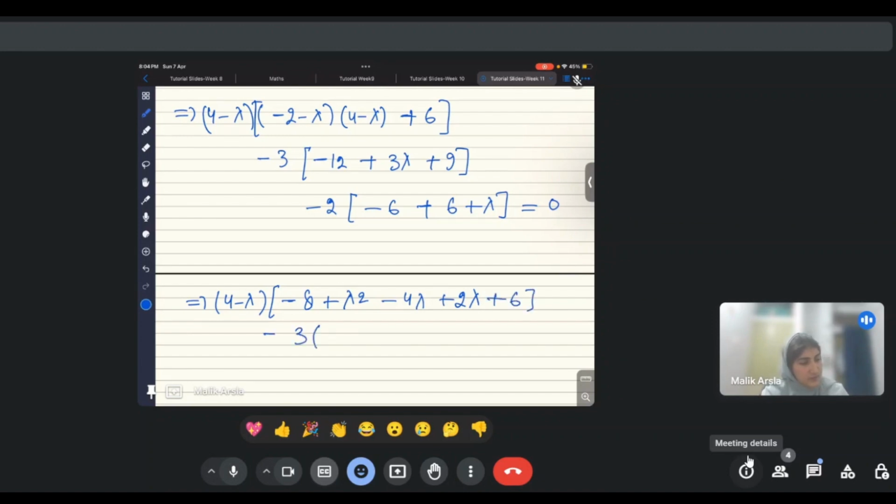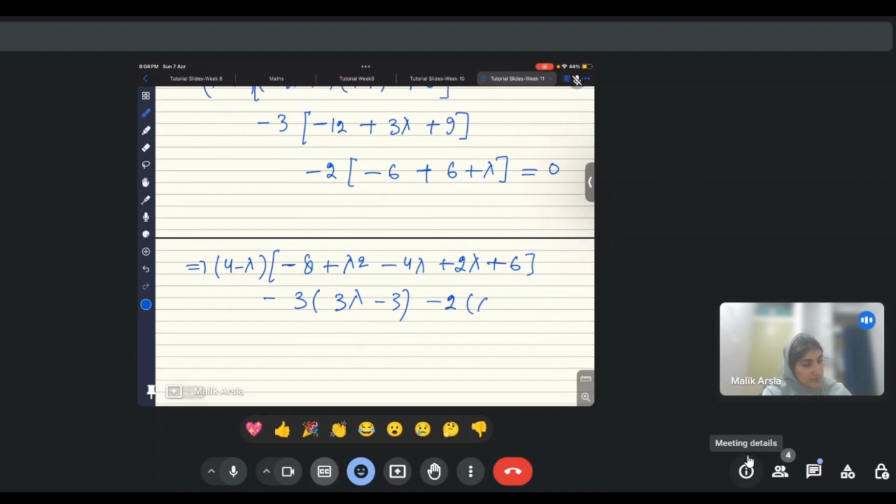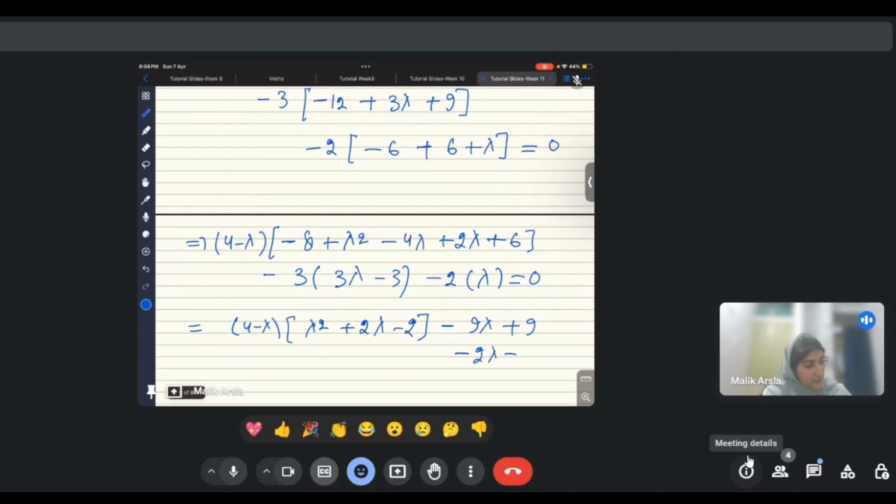Then minus 3 into 3 lambda minus 3 and minus 2 into lambda is equal to 0. So it will be 4 minus lambda into lambda square plus 2 lambda, plus minus 2, minus 9 lambda